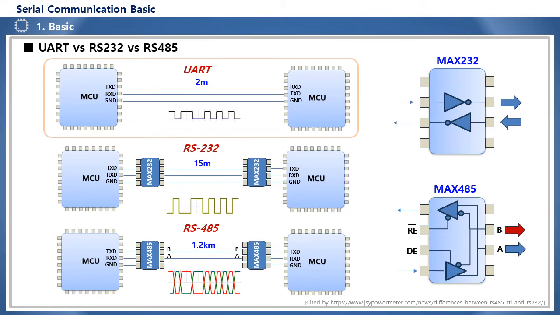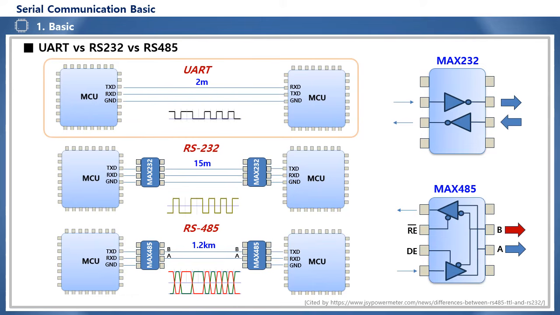A Bluetooth module, sensor, or device that supports UART is structured to be directly connected to the UART pin of the MCU. This UART, that is, the serial port, consists of TX and RX, and in order to communicate, the sending side TX and the receiving side RX must be connected, and the sending side RX must be connected to the receiving side TX. Of course, the ground line, which is the reference, must also be connected.